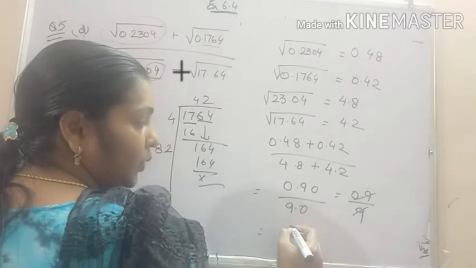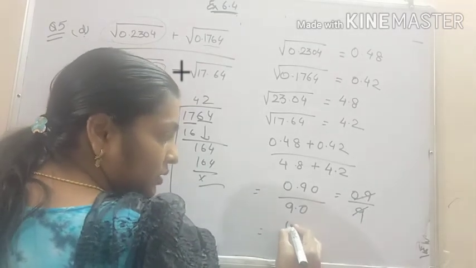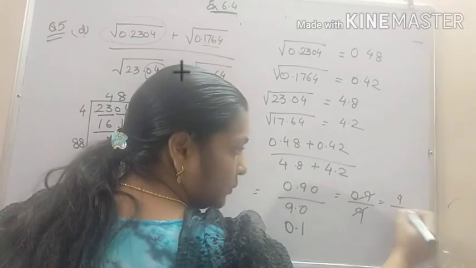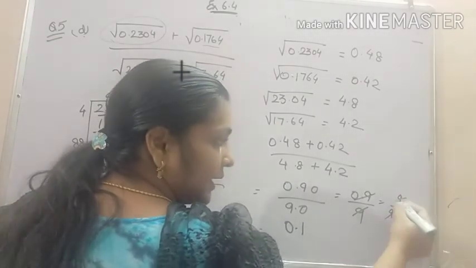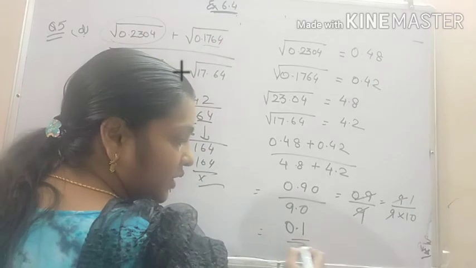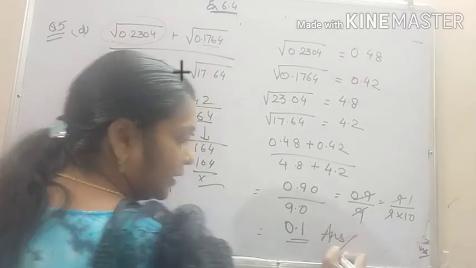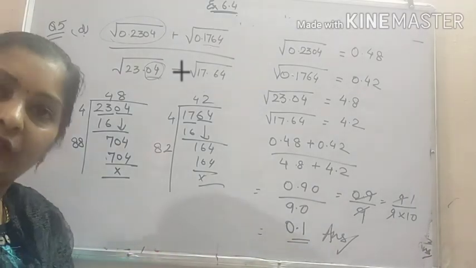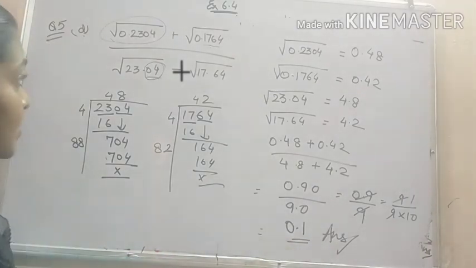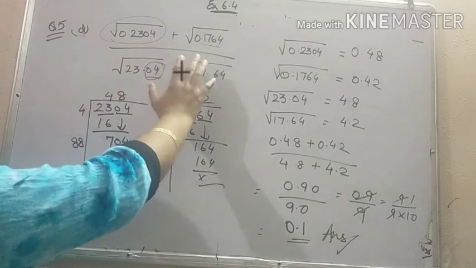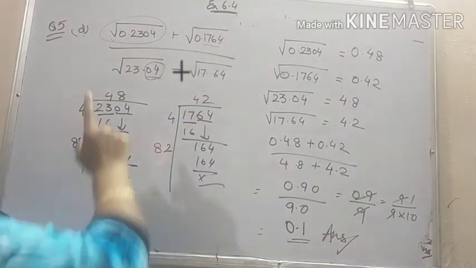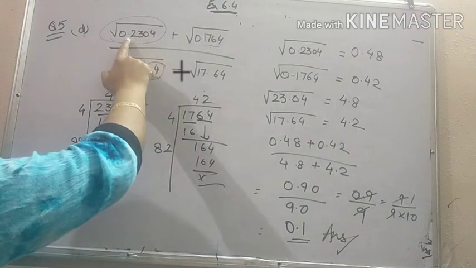It will be equal to 0.1. And another way to do it: 9 by 9 into 10. Cancel 9 by 9, 1 by 10, that is equal to 0.1. This solves our problem and we get the answer as 0.1. So there is no need to find the square roots of each and every number separately. Just find the square root of the two numbers and write the values according to the